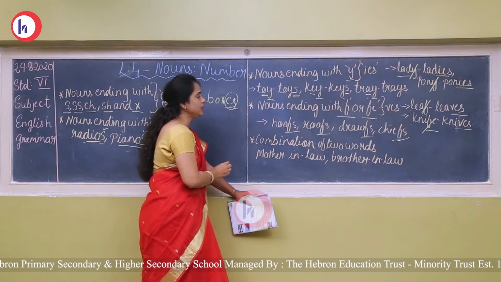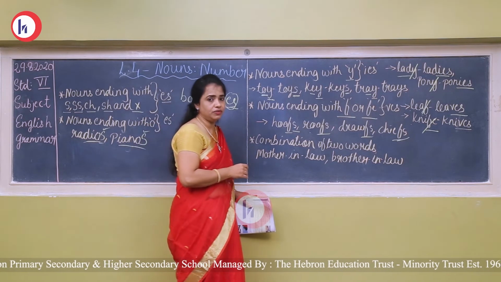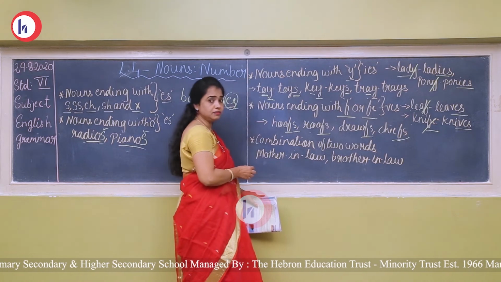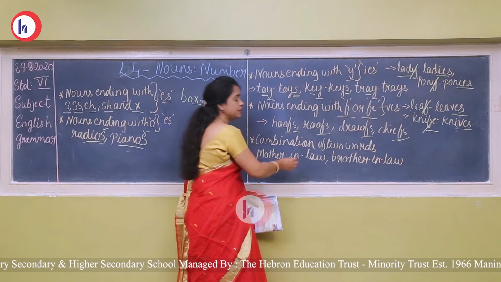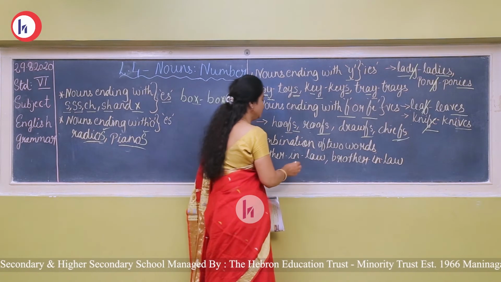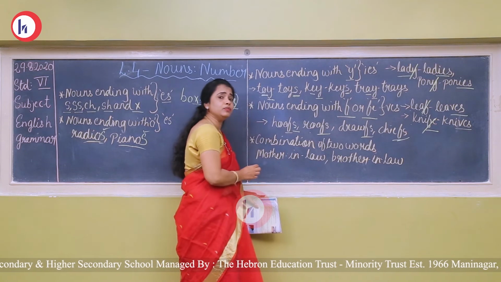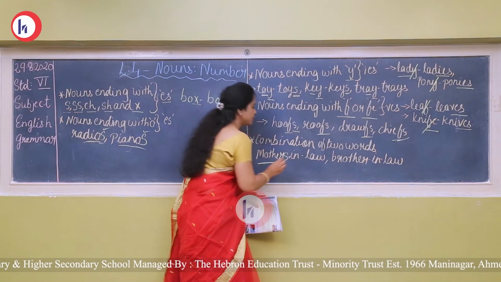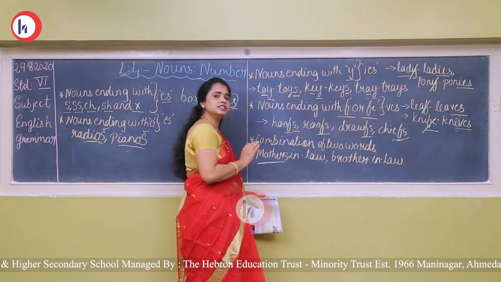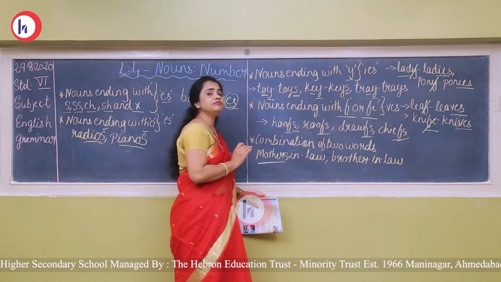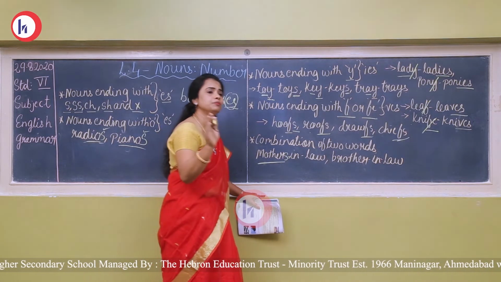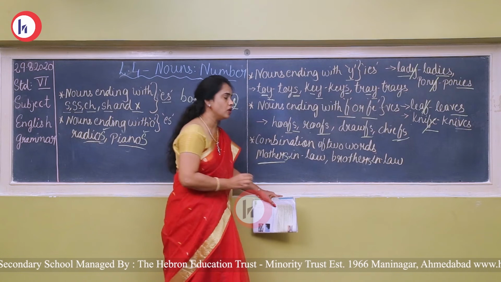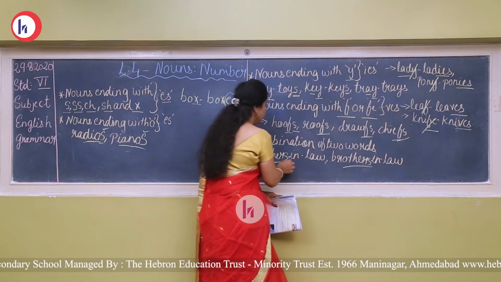Okay. Now, combination of two words. Some nouns have a combination word. What are those combination words? For example, if I say mother-in-law, this is a combination word. Two words are being joined, mother-in-law. So, here you will find the principal word. Which is the principal word here? That is mother. So, just put an S over there. That is mothers-in-law. So your plural is formed. For a combination word, find the principal word and then just put an S over there. That is brother-in-law, so that is brothers-in-law. That is the only change that you need to know.